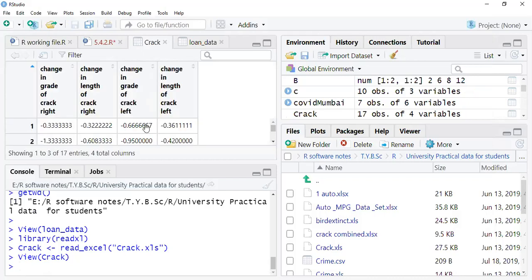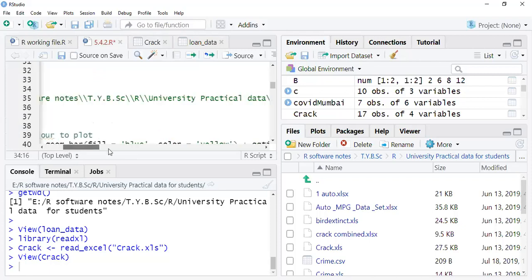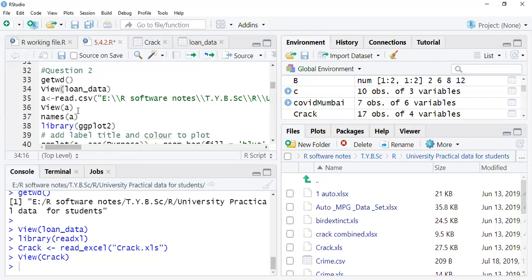So whichever way you think, you can proceed with importing the data using maybe the path, or using this import data set. But the only disadvantage here is that you may not be able to import the data which has a CSV extension. So that's why you can either set it or you can always go for writing the command. I hope it is clear to all. So you can just work on this and you can access the file, no problem.